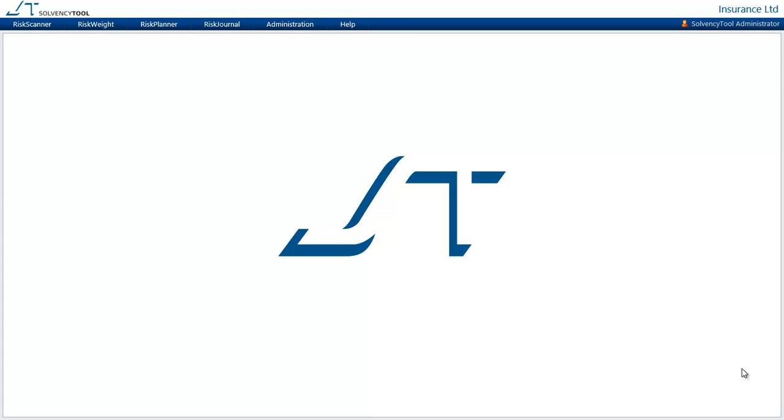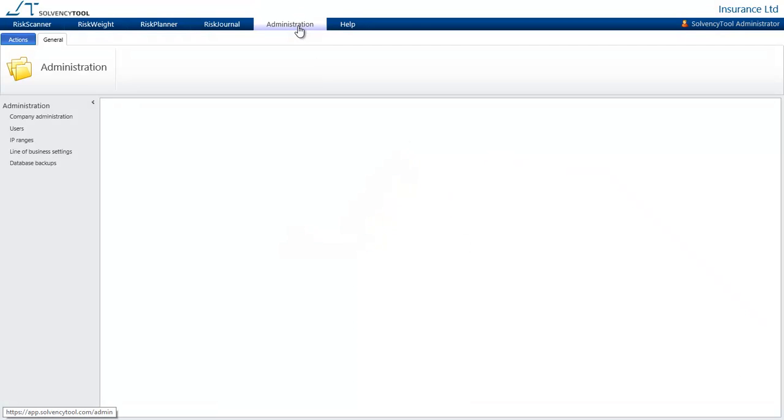Welcome to SolvencyTool and this short note on security in our system. I would, to begin with, go to administration to show you a few of the features on how to set